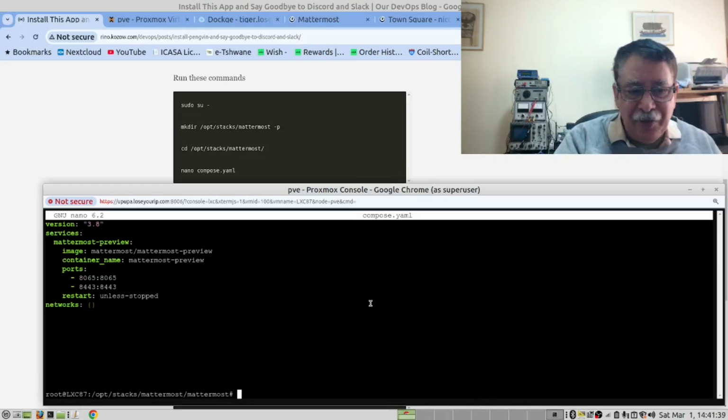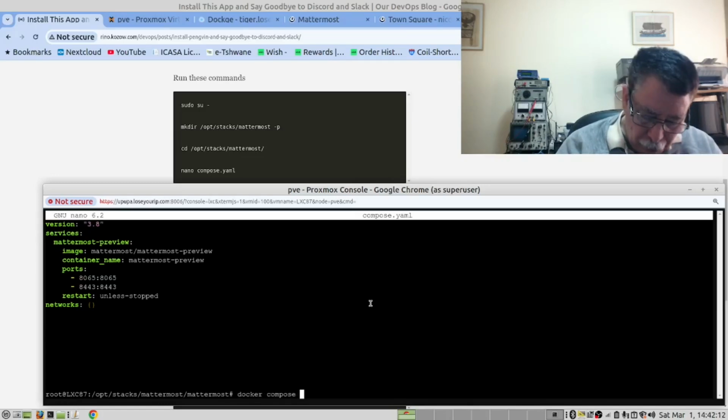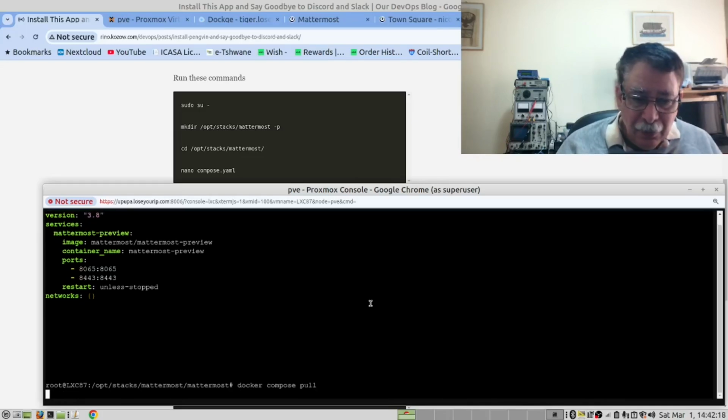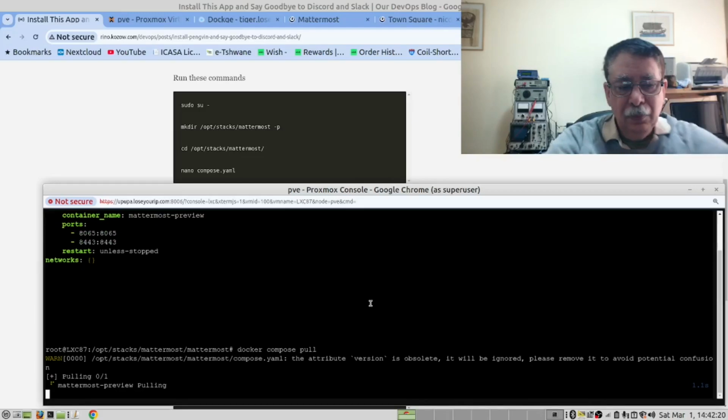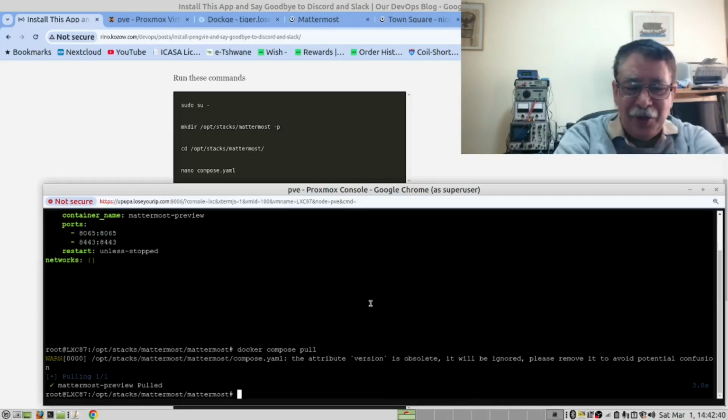Having saved it, we need to do two commands. Now the one is something that I haven't seen on many channels. You will run the command docker compose pull. So here's the command. I was testing and it came down quite quickly because I already had the image.